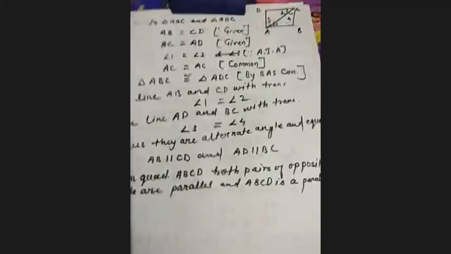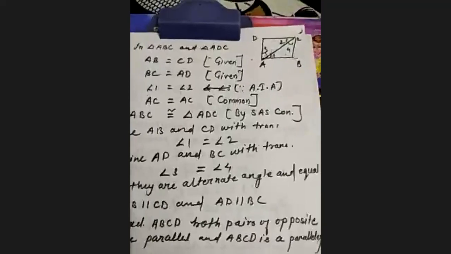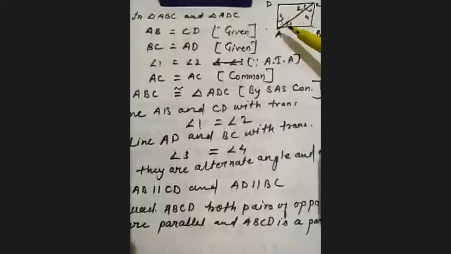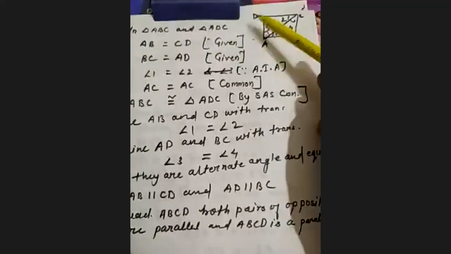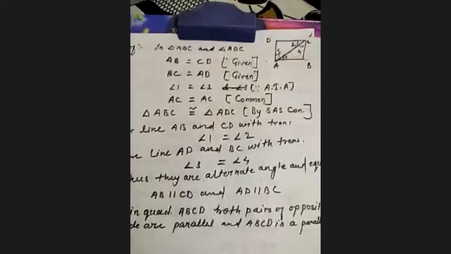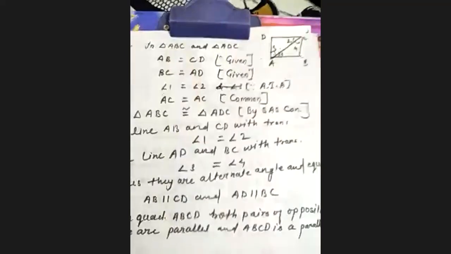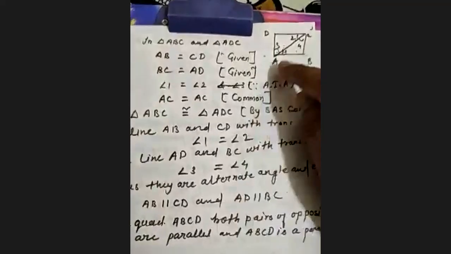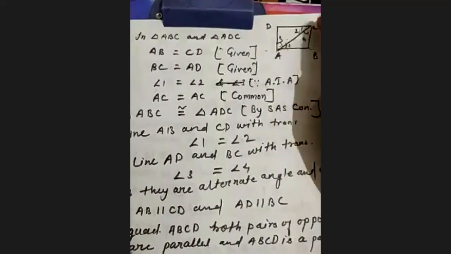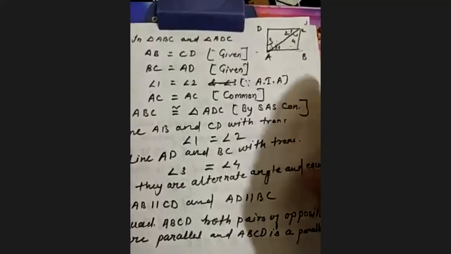Okay, let's quickly review it once more. First we make a quadrilateral. We draw a quadrilateral and name it ABCD. So here we make a quadrilateral. Then you take a construction line, also called the diagonal AC. Okay, you can use AC or you can use BD. Use any one diagonal.